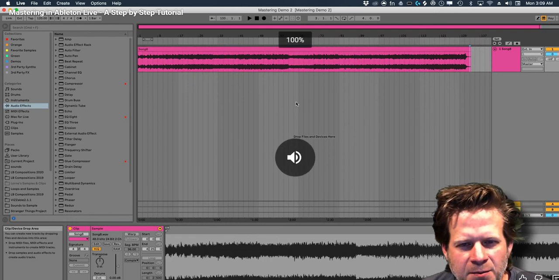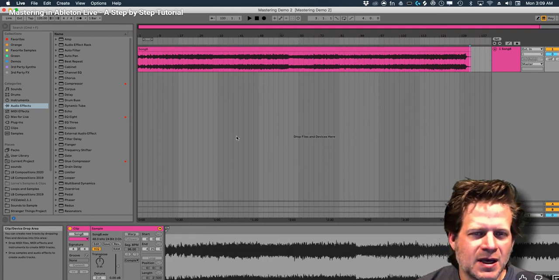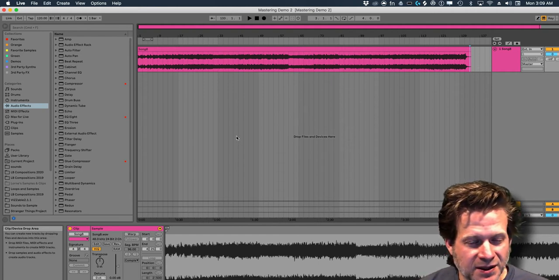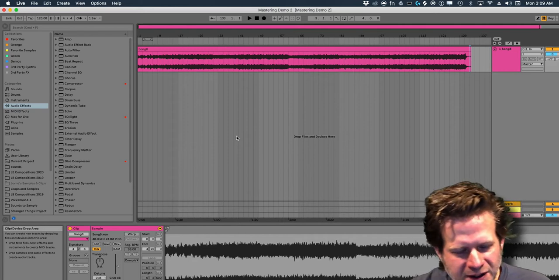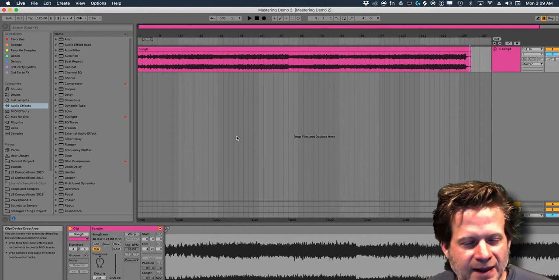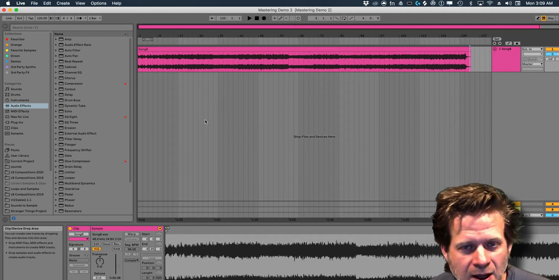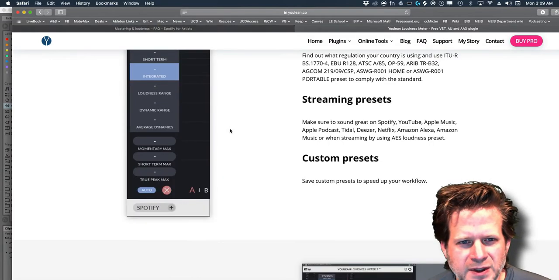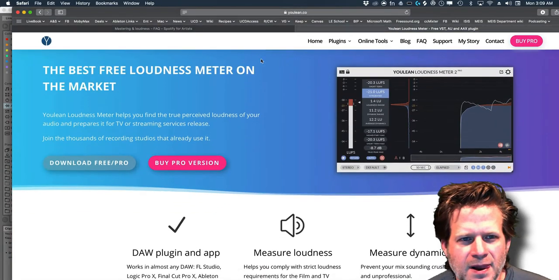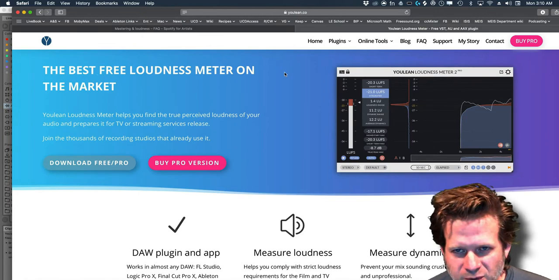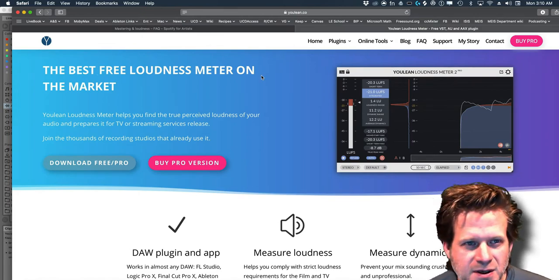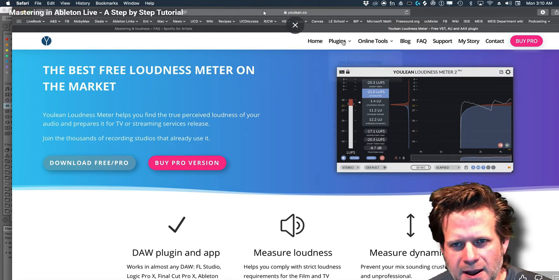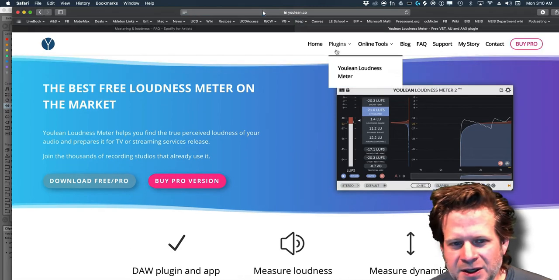So now in Ableton Live, I'm going to process this using mastering tools. I'm going to use almost all stock devices that come with Ableton Live 10 Suite. The only exception is I'm going to use a loudness meter that doesn't come with Ableton Live. I'm going to recommend a free one for you. It's this Youlean loudness meter. It's free. You can buy a pro version if you want to get fancier features. But go to youlean.co, and under plugins, you get the Youlean loudness meter. You can download it